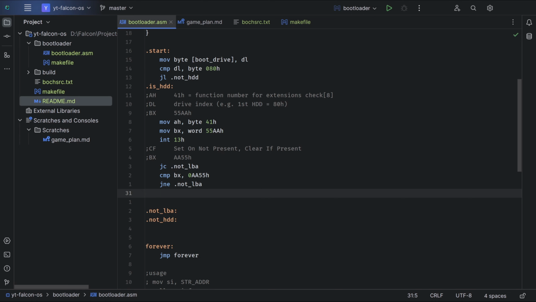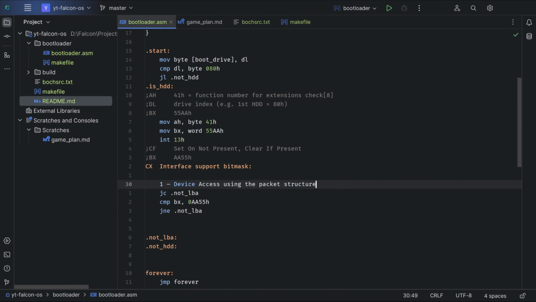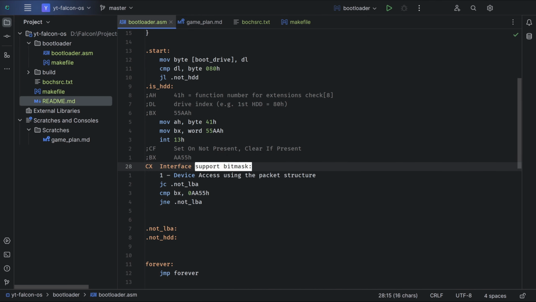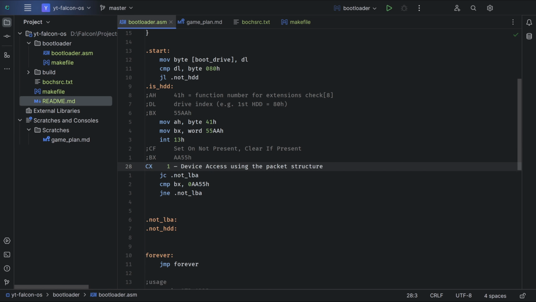And the last thing I want to check is, actually, yeah, I forgot to copy this part here. Here we go. There we go. Right, cool. There we go. So, bit 1 means device access. Right, so let's just check. So, test